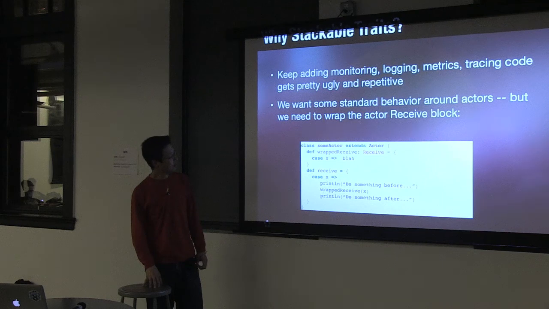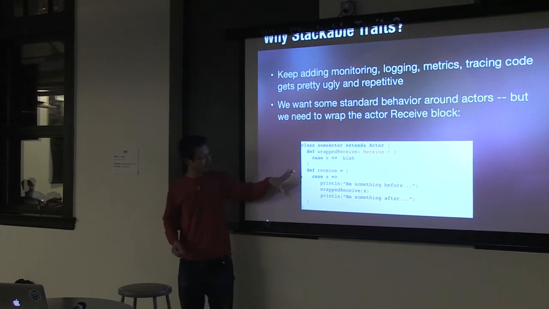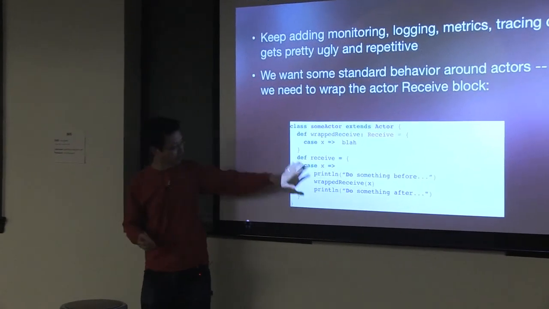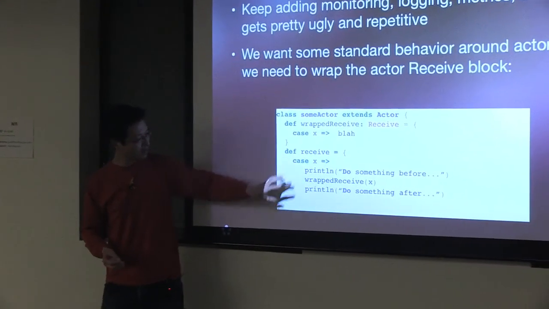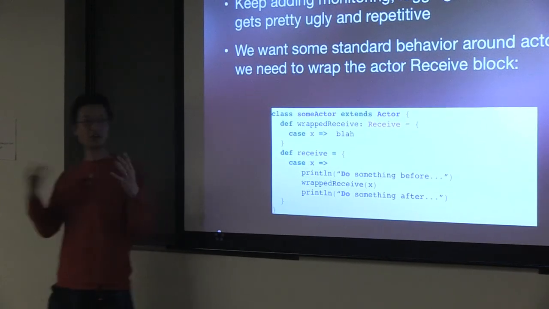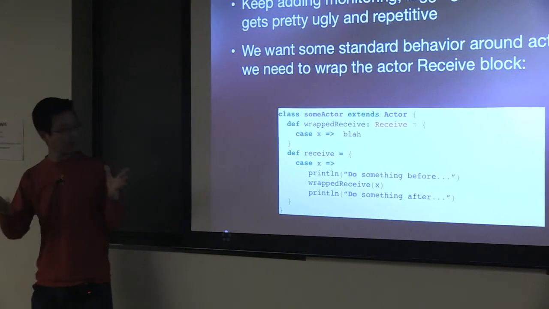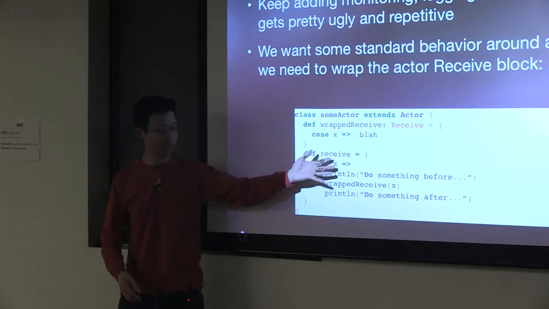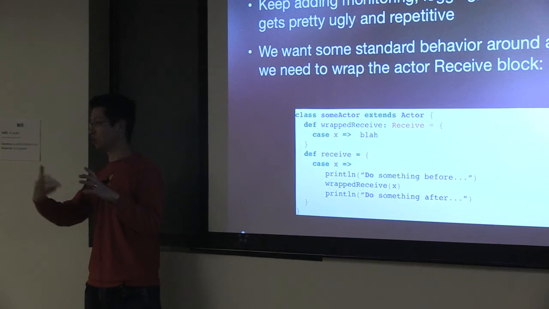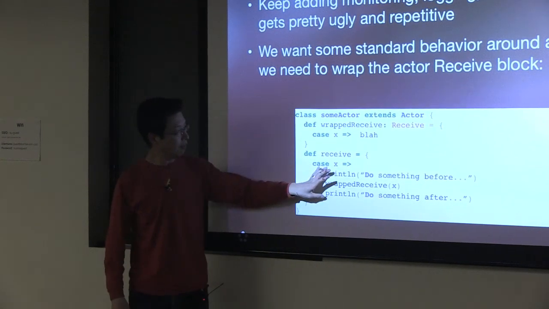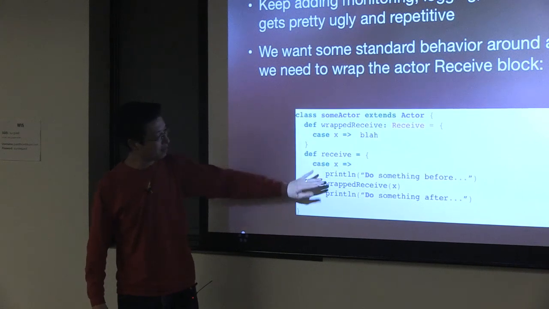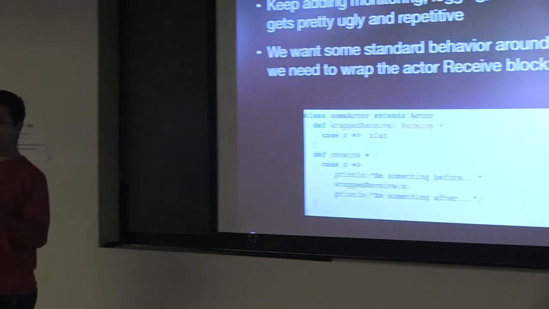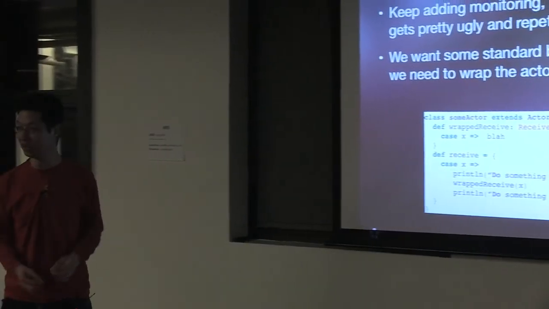If you haven't seen actor code before, the common pattern is that an actor is a class, and there's a method called receive. Inside the receive is a pattern match. The actors are essentially untyped, so they can get any type of message. So you do a case with the type of message that you want to act on. We'll go into this pattern a little bit, where we wrap the receive method, and that will allow us to add behavior to it, such as logging and tracing and other things like that.